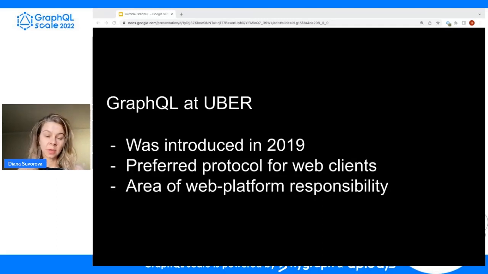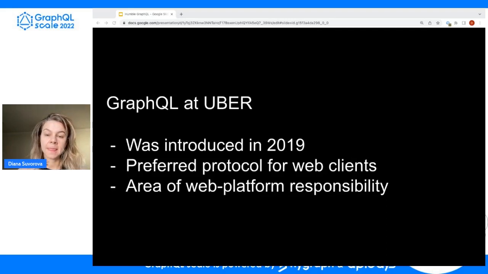And to throw some more numbers, Uber is not very known for its web presence. When people think about Uber, they mostly think about mobile apps, although Uber has a quite large number of front-end engineers. We talk about thousands of projects managed by hundreds of different teams.